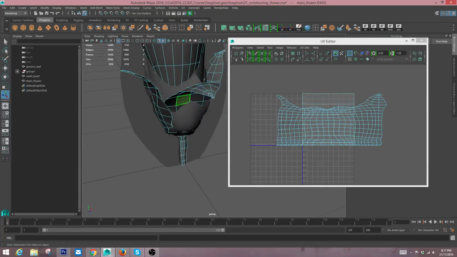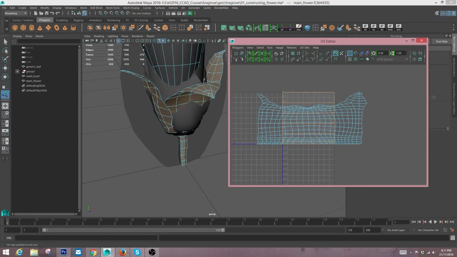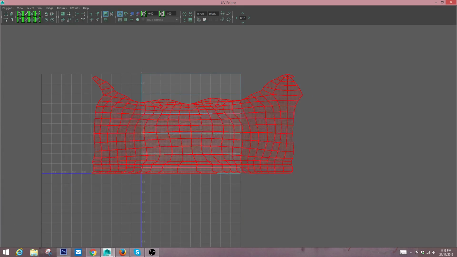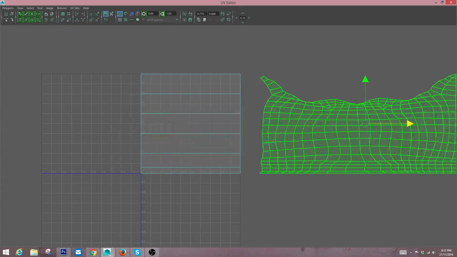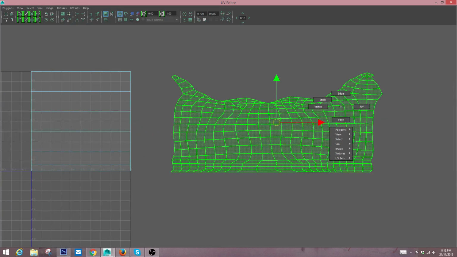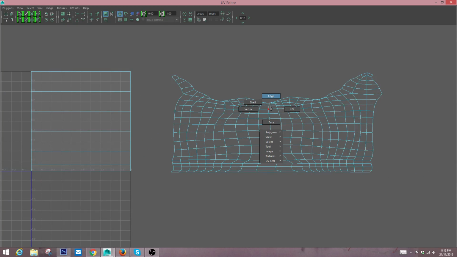That's the base petal here. So I'm gonna grab this shell and just move it out of the way here, so we can work on it. And these are the UVs that we haven't laid out yet. So this is the UVs that Maya gave us. I can tell just by looking at how these are laid out